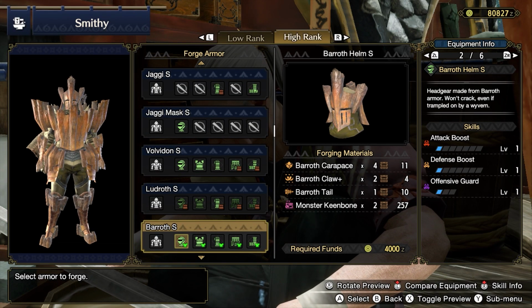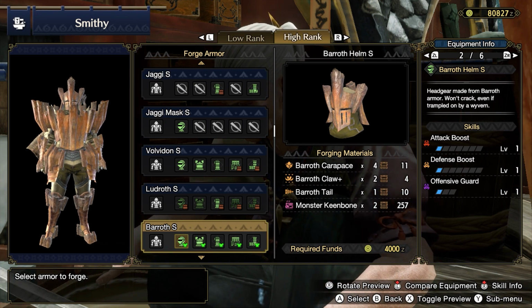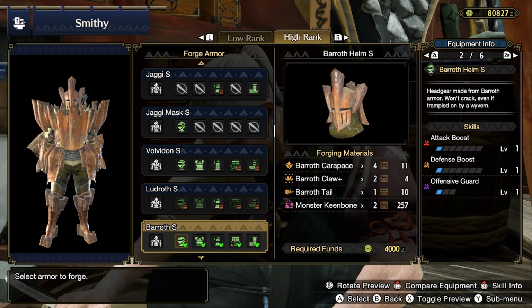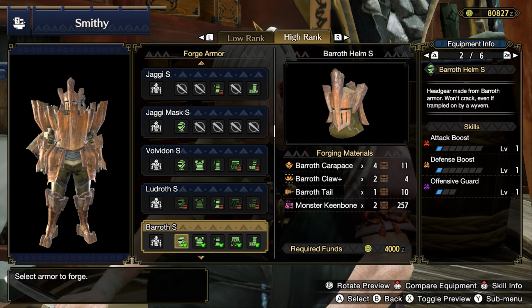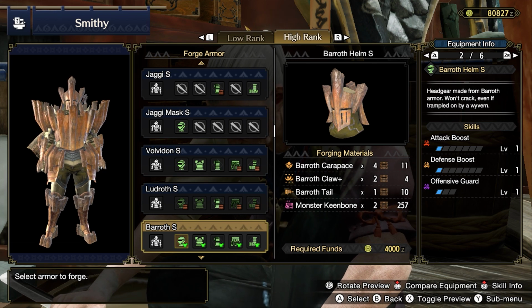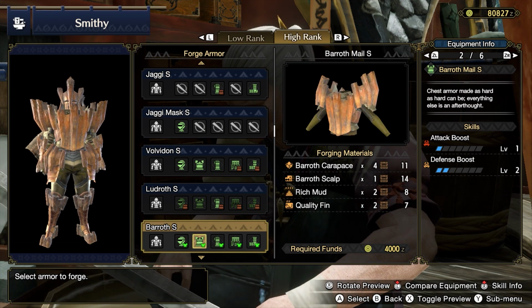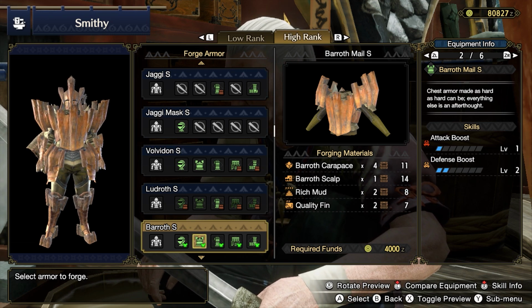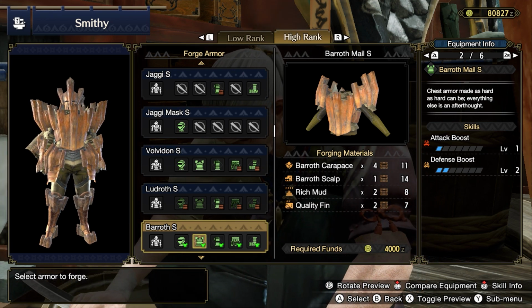The most appealing pieces of gear are the Baroth Helm S for Attack Boost 1, Defense Boost 1, and Offensive Guard 1 with a level 2 and level 1 socket. Your weapon may not benefit from Offensive Guard, but the base skills and sockets make this an appealing pickup regardless. The Baroth Mail S has Attack Boost 1 and Defense Boost 2 with a level 2 socket, again making it a strong contender and worth